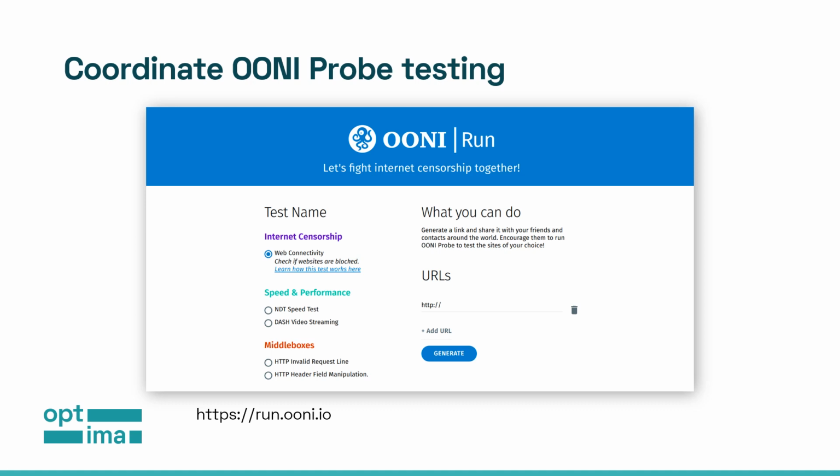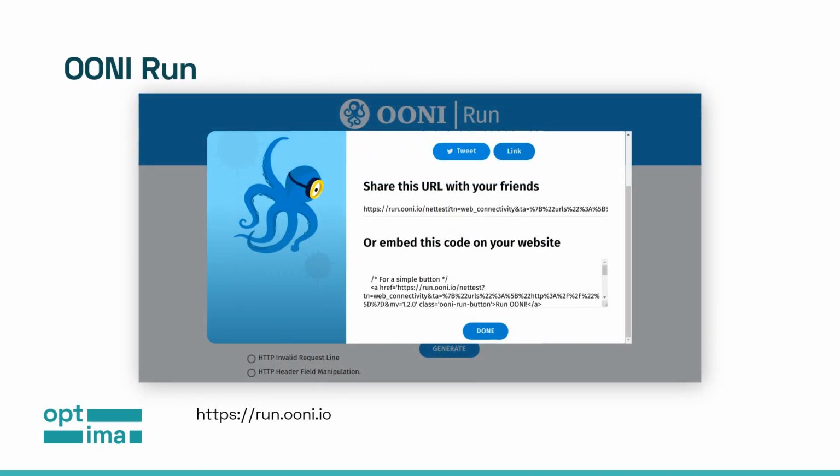As soon as you click on the Generate button, you will then see this. You will see a pop-up window. This pop-up window provides a link in the beginning. It says, share this URL with your friends. Right underneath, there is a link. Depending on how many websites you have previously added, the link will be smaller or bigger. If, for example, you added a very long list of websites, you should probably expect to see a very big